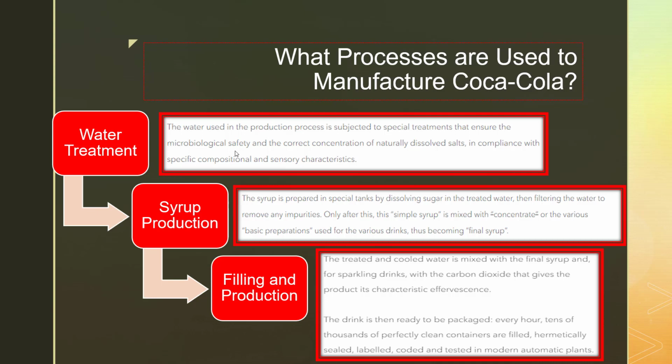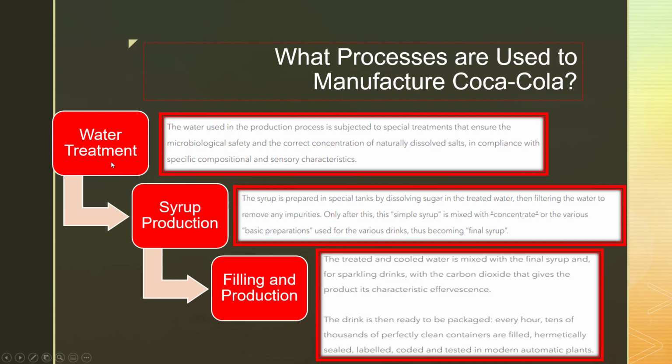For Coke, going back to Coke, how is their product made? Well, they have a series of processes they go through, and each phase of production has to be completed before the next phase of production can begin. I took this information right from Coke's 10K report, and they state that their process for manufacturing Coke is to